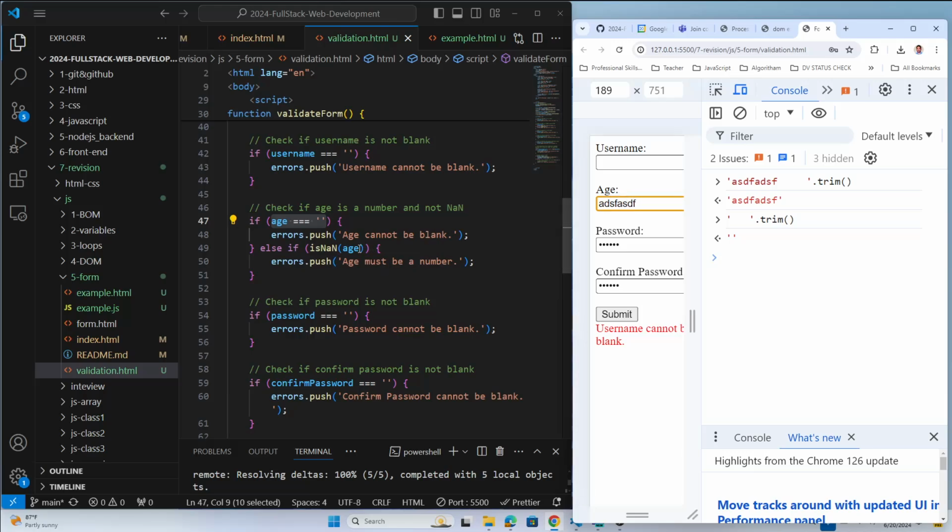Whatever string you pass here, it is not a number. What is going to happen? That will be false, right? It will just return false. So age must be a number. So when, let's say, is not a number, in case of a string, sorry guys,